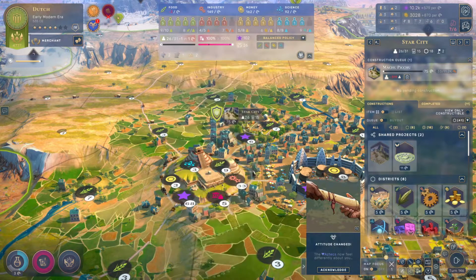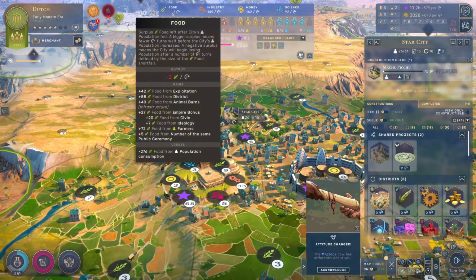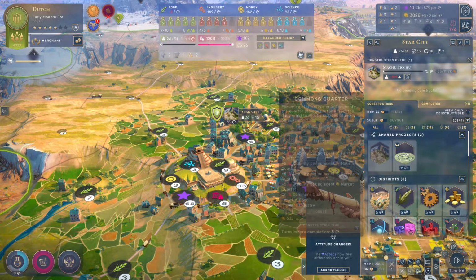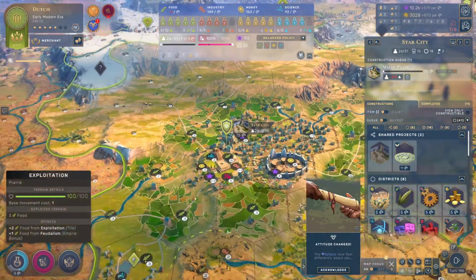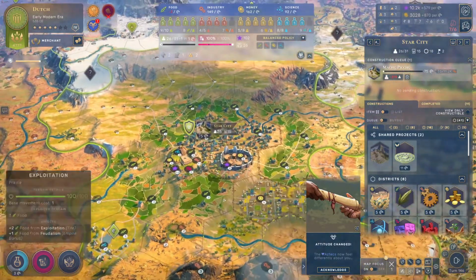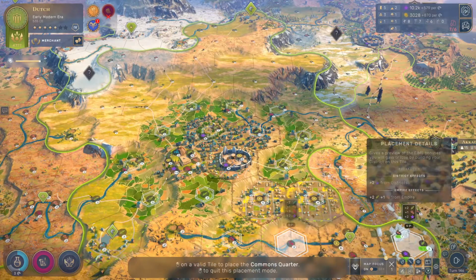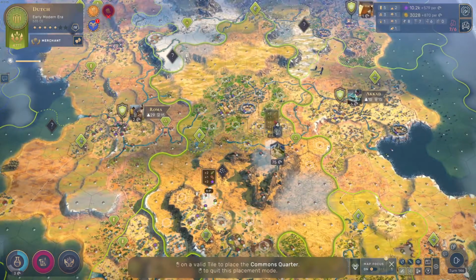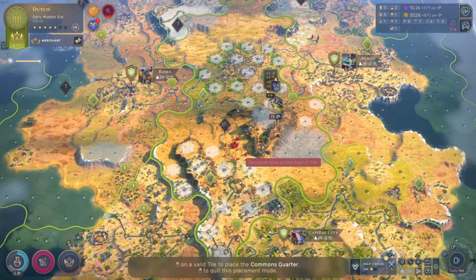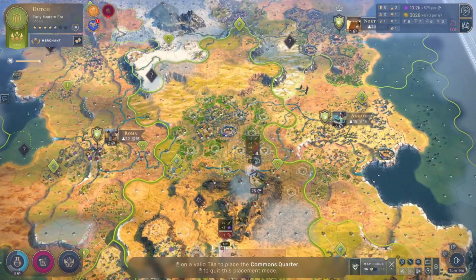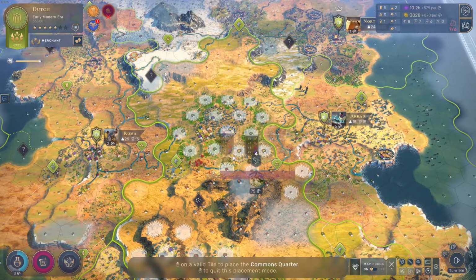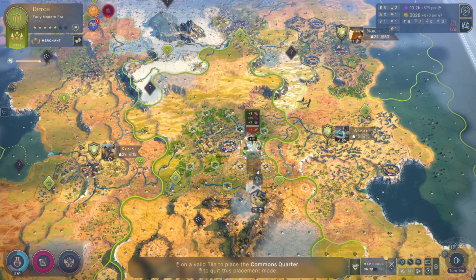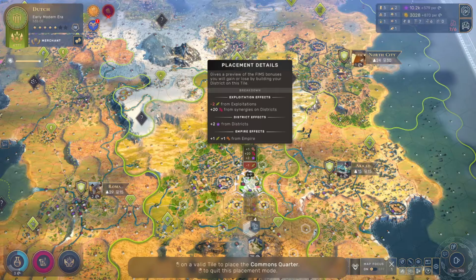If I'm going to build another, like food is -2 on this guy, probably should build another farmer's quarter. That's going to cost me 10 stability. Maybe I should build another commons quarters to offset that stability. So I could build a commons quarter. Let's see if there's a good place to tuck it in. I can't build it there. Can't build it there. Can't build it there. Oh, if I built it there, I would get 20 stability,